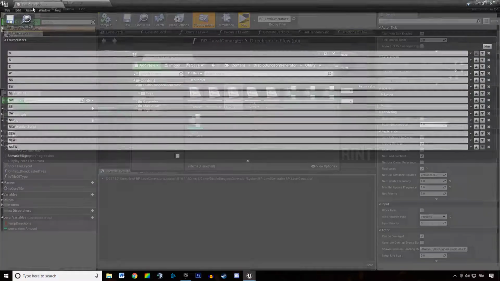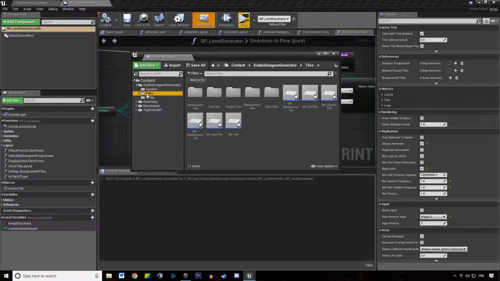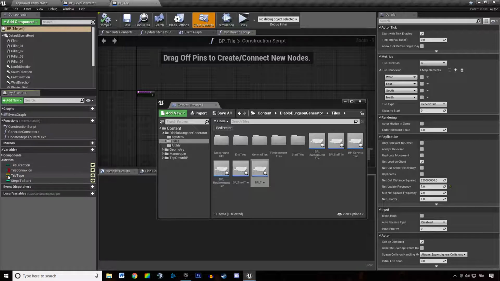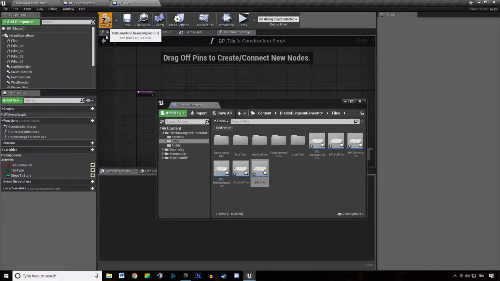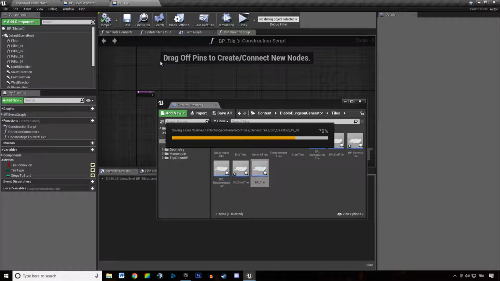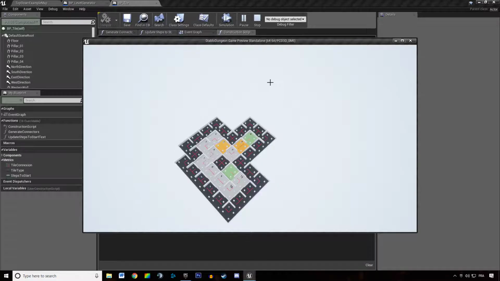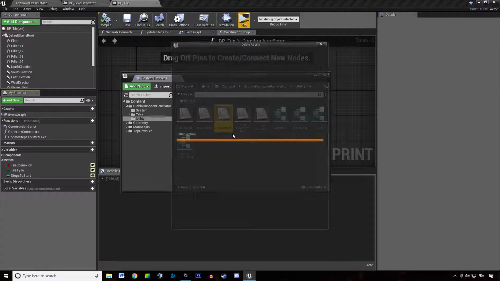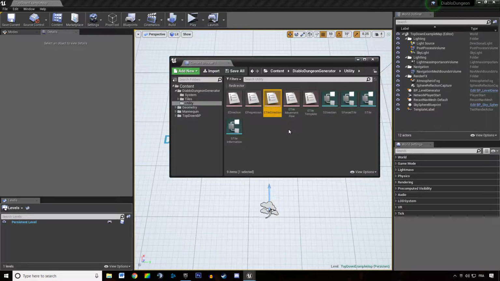And then tile direction. What is this? This is something we're actually not using in the game, so we're going to go to our BP tile and we're going to get rid of our matrix, which is called tile direction. We're going to just delete that and hit compile, hit save, control shift save, hit play, and everything is working. Now we're going to get rid of the tile direction. It's asking for a force delete, so we're going to close everything and we're going to delete